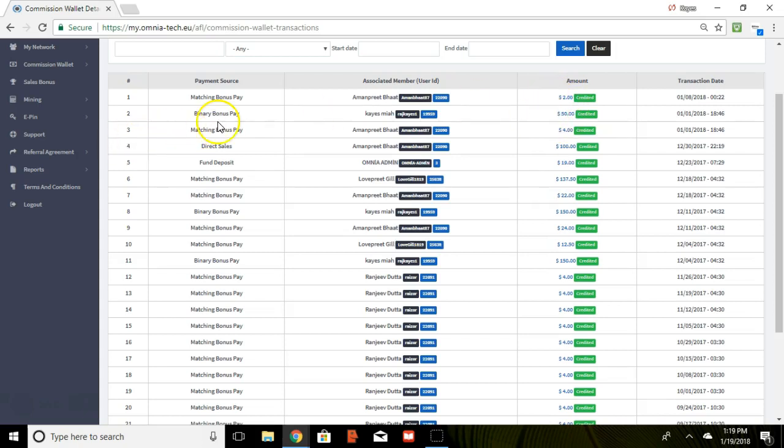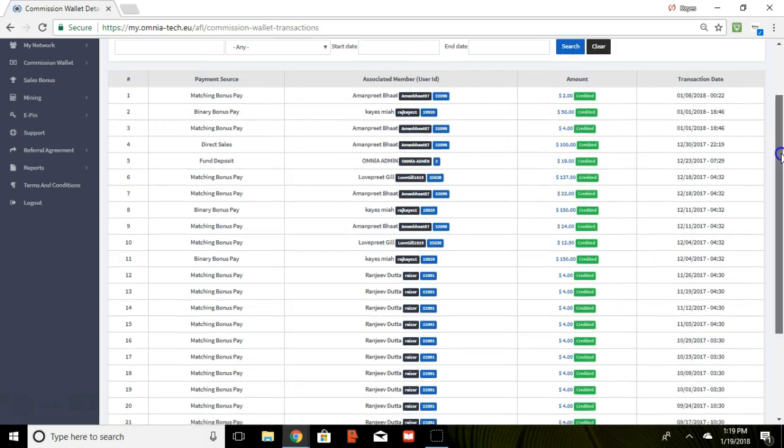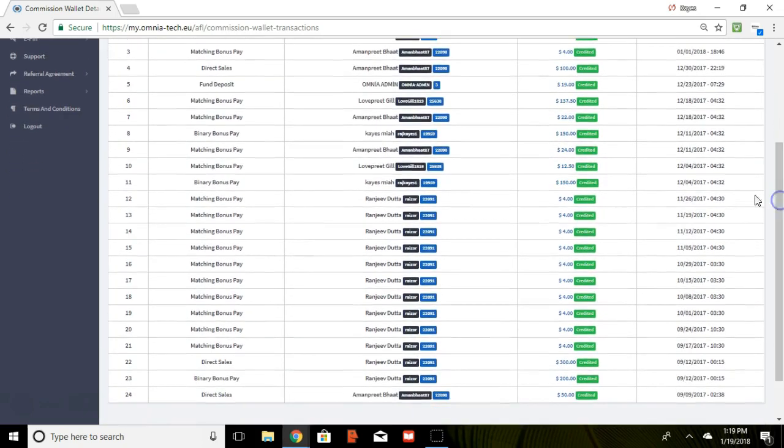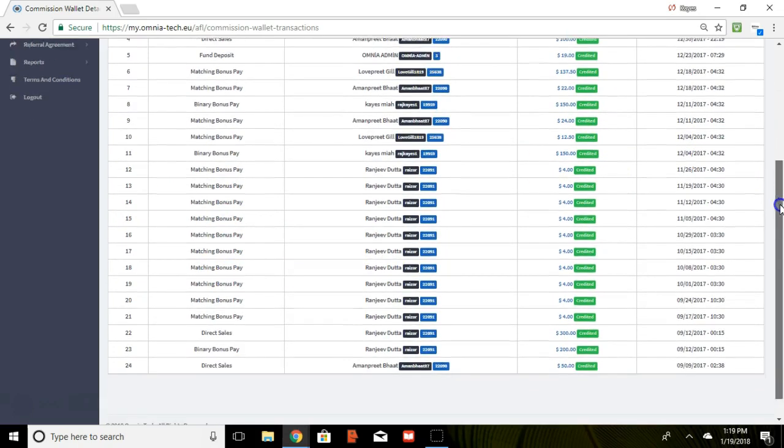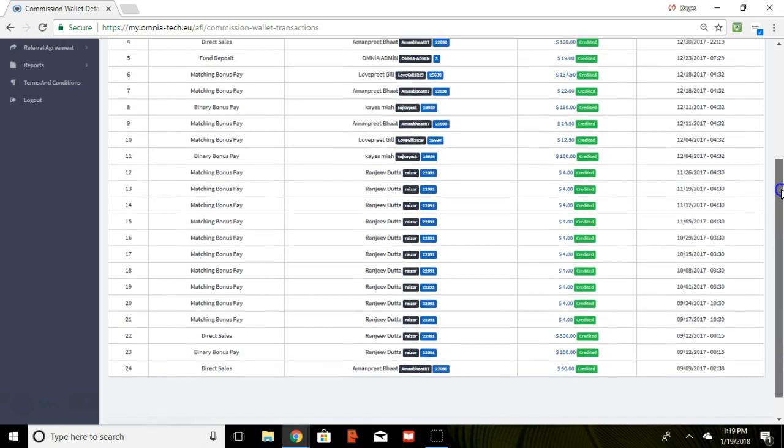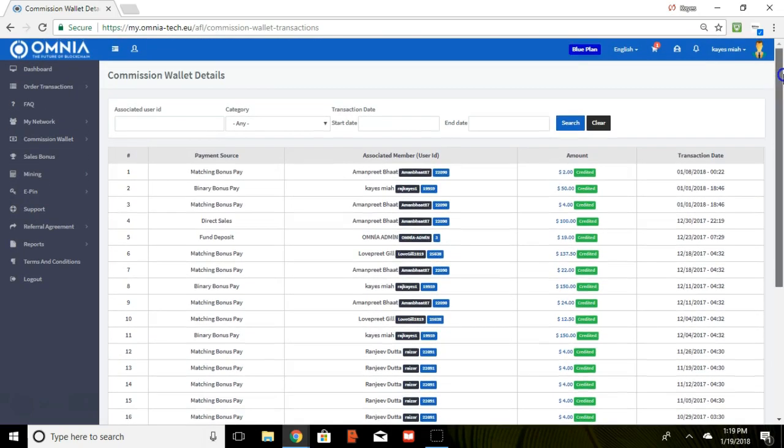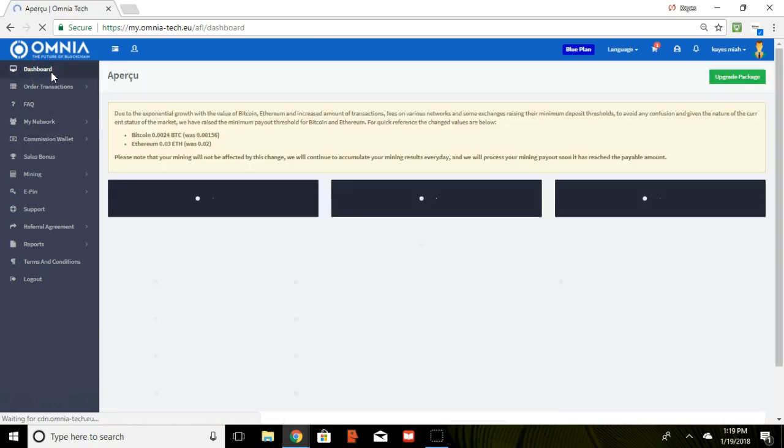So the binary bonus pay will be done on a weekly basis. The amounts vary. As you can see, matching bonus, matching bonus, they'll all accumulate bit by bit for you there. And again, you can search this by dates as well, from what month to what month there. Now, finally,